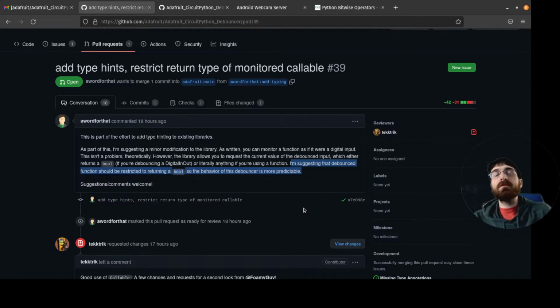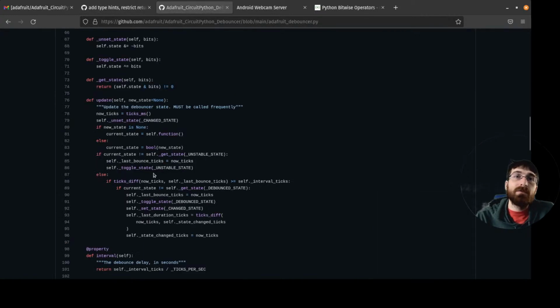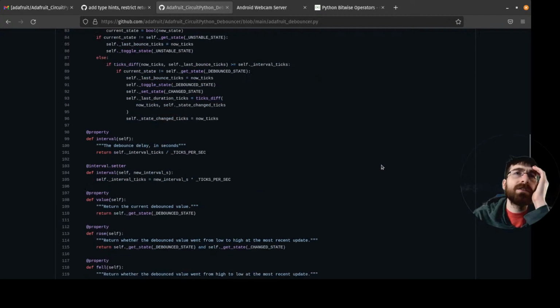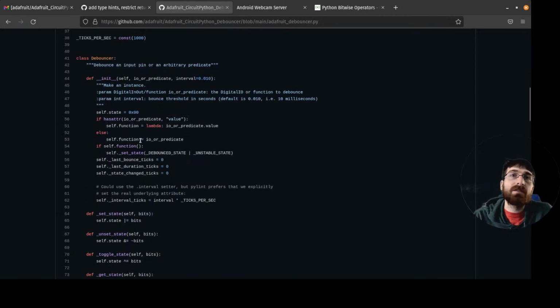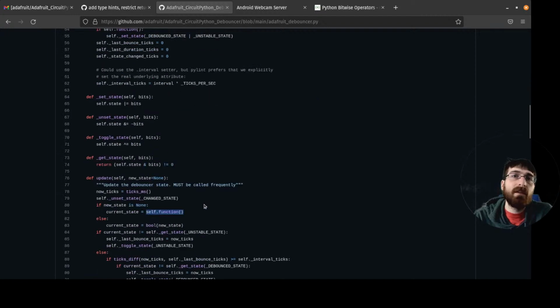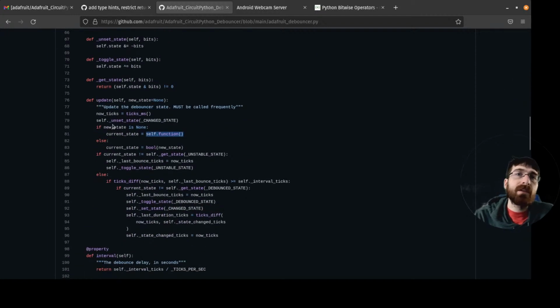How do we really restrict that, though? Because let's imagine a function that returns a number. Like I said before, if it returns a number that's not 0, it's going to be true when it gets used here, or any time like this. I assume this probably happens inside update also. Oh, we're inside of update in this one, actually. This is the one up here I was looking at before. Let's look at it here, I guess.